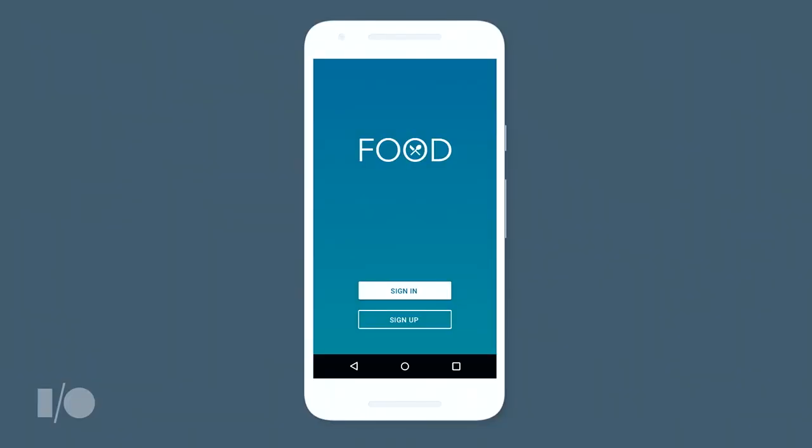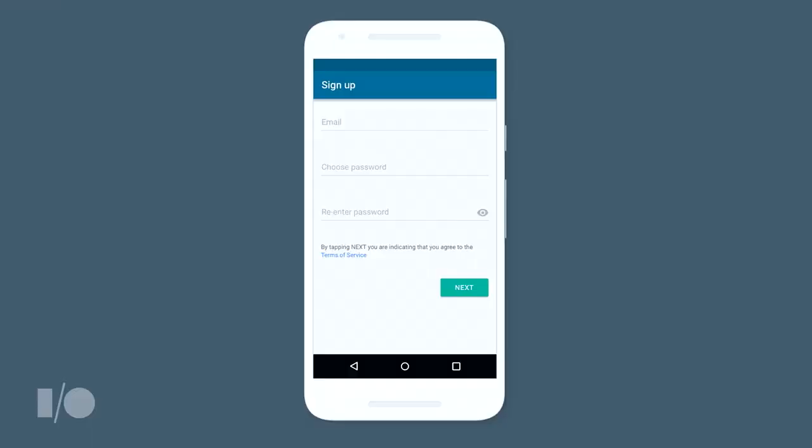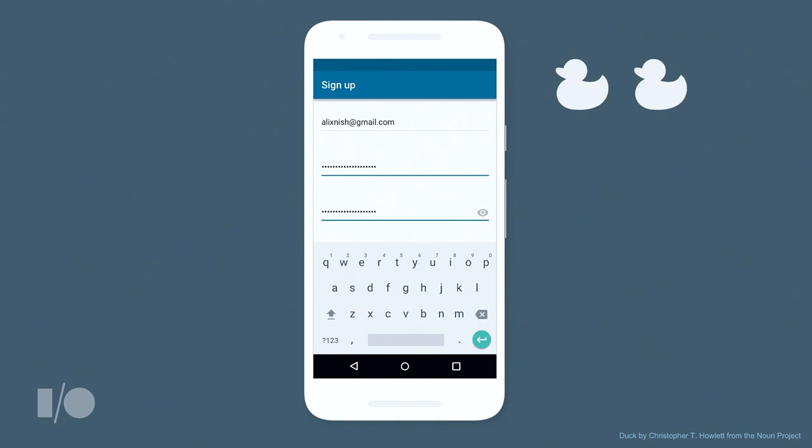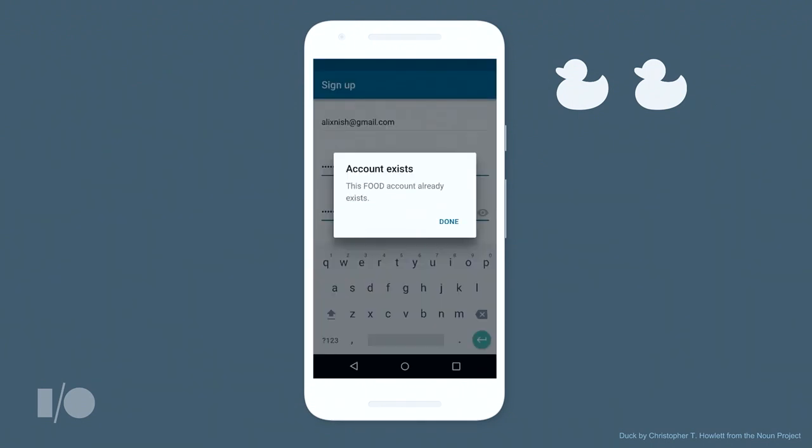Let's say I have an app about food, and Libby is trying to use it. And she will have to decide if she already has an account or not. She kind of heard about the app before, but she's not sure. So she tries to sign up for the app. So she'll have to enter the email and the passwords. The ducks are the password counters, by the way. So I have to type her password 2 times. And the account already exists. She forgot that she already signed up some time ago.